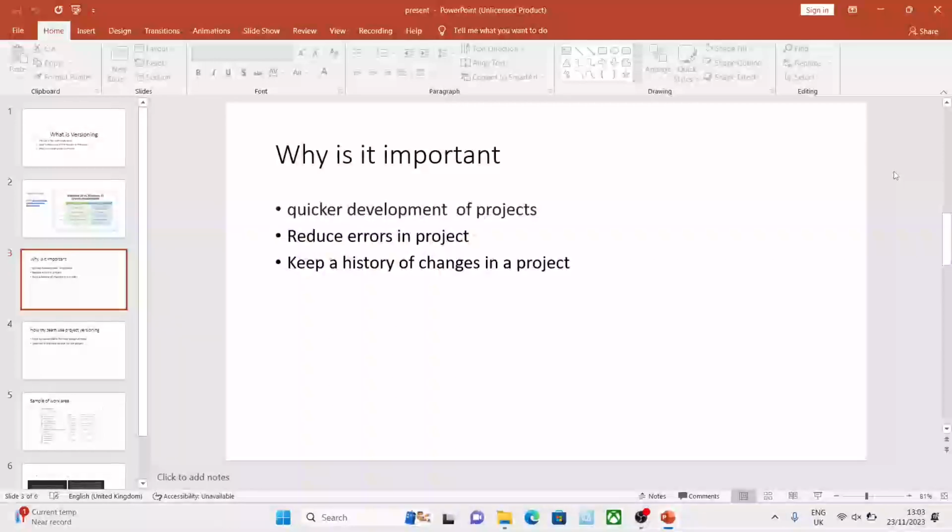Another benefit is the reduction of errors, due to having the ability to view the changes done in a project, and you also keep a history of the changes. A popular example of versioning software is GitHub.